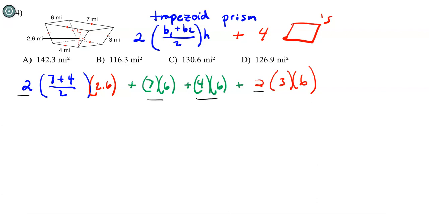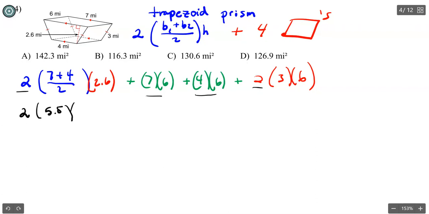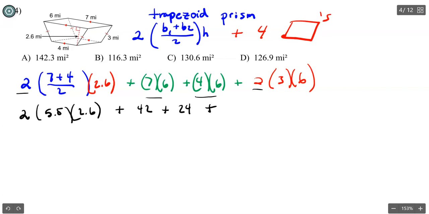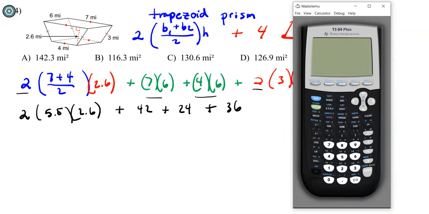Now we got to go in and crunch these numbers here. So crunching all the numbers, I have 2, that's going to be 11 cut in half, which is 5.5 times 2.6 plus, this is 42 plus 24 plus 2 18s is another 36. So let's just pull out the old calculator and smash all this in here. So 2 5.5s, that's 11